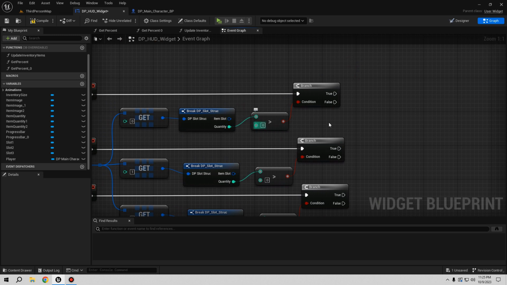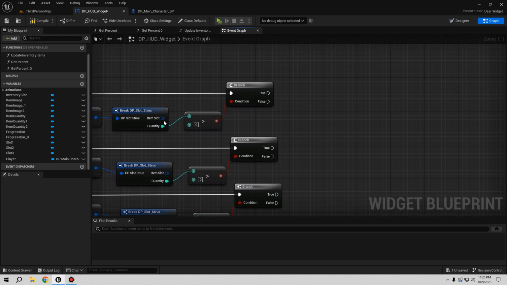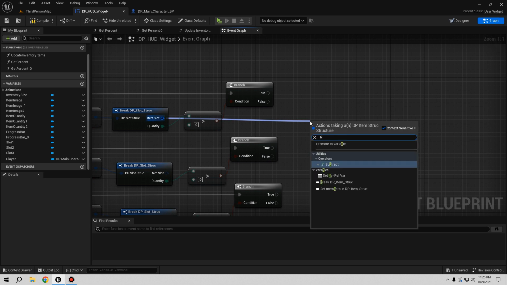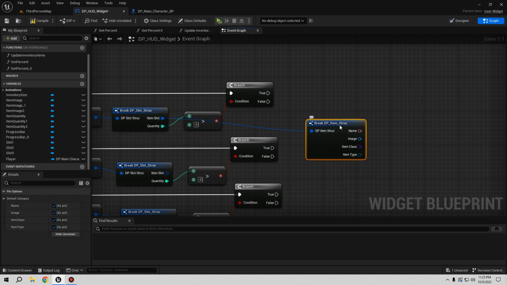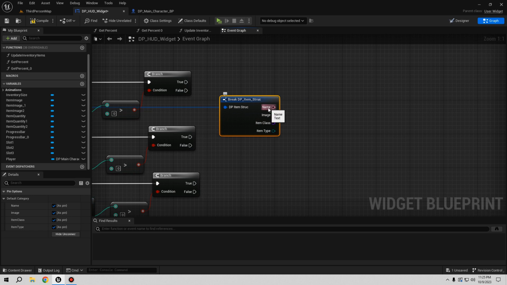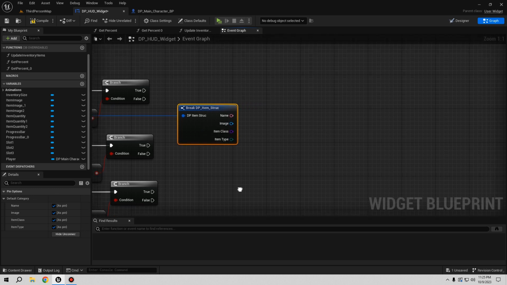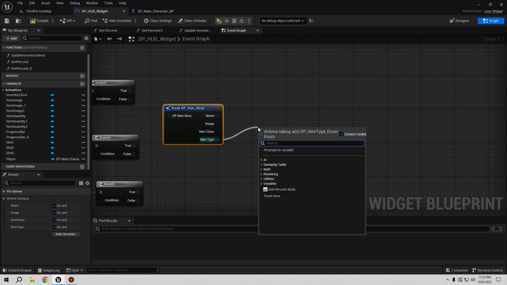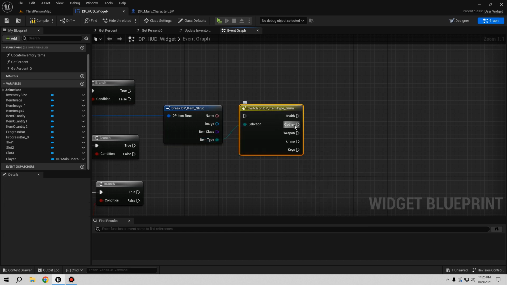If it's more than 1, that means there's something. So let's break it again. This, so break. Here they give us the name, the image, item class, item type. So we can do almost everything from here. For example, we can use a switch, and if we switch it here, we have a lot of stuff we can do. Like I said, if you have keys, ammo, weapon, clothes, health, whatever you have here. But in my case, I only have